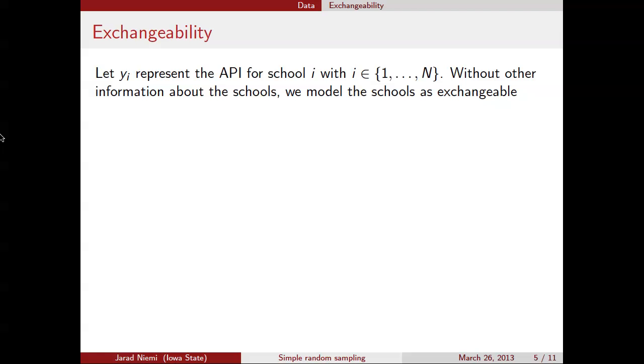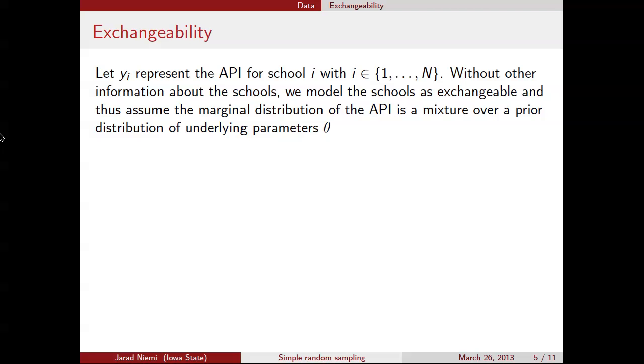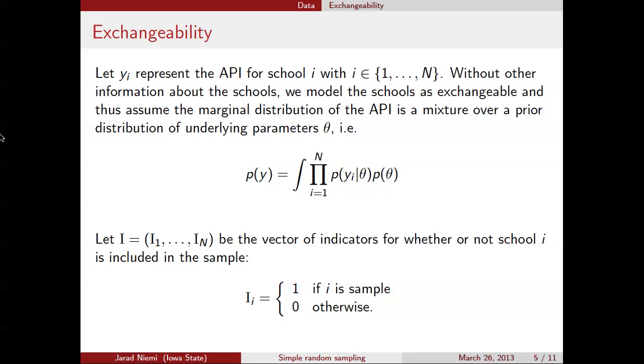Right? And if we think that the schools are exchangeable, then we can use de Finetti's theorem to say we can take the marginal distribution for the data. Right? This is the joint distribution for all the data. And assume that there's some prior. De Finetti's theorem says, at least as n goes to infinity, there's some parameter theta and some prior over that parameter such that the data become independent, conditional on that parameter. Right? So we haven't now specified the distributions for y given theta or the prior for theta. But we can use this idea in a second.